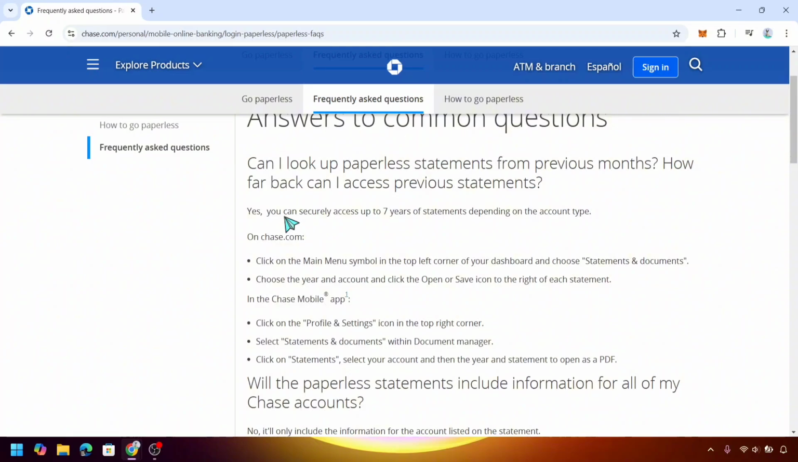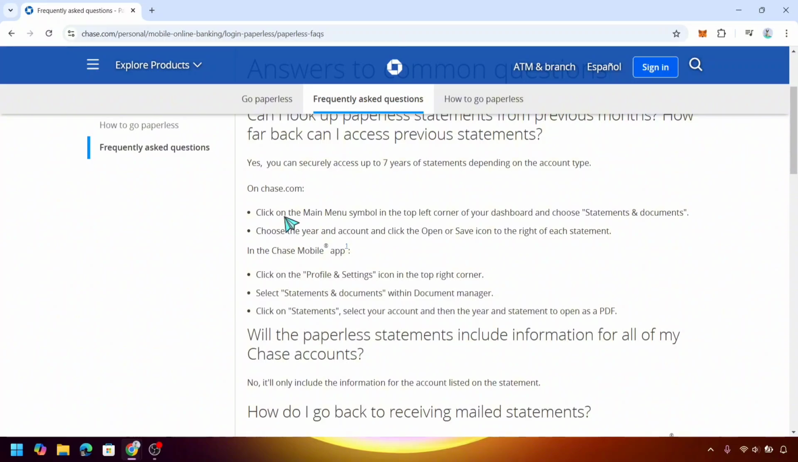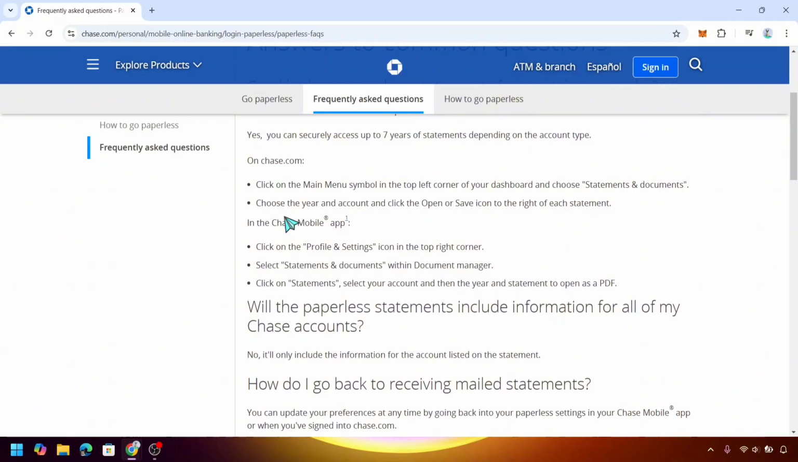First is to click on the main menu symbol in the top left corner of your dashboard and choose Statements and Documents. This is for the website. Choose the year and account and click the open or save icon to the right of each statement, and then